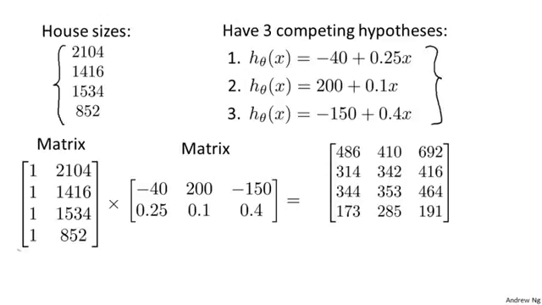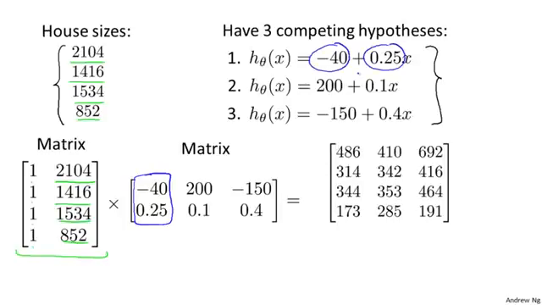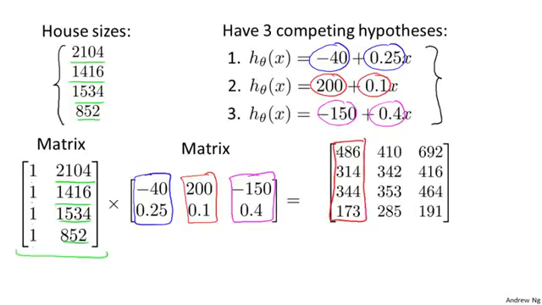So here on the left is my usual matrix, same as from the last video, where these values are my housing prices, and I'll put ones here on the left as well. And what I'm going to do is construct another matrix where the first column is this minus 40 and 0.25, and the second column is this 200, 0.1, and so on. Okay. And it turns out that if you multiply these two matrices, what you find is that this first column,